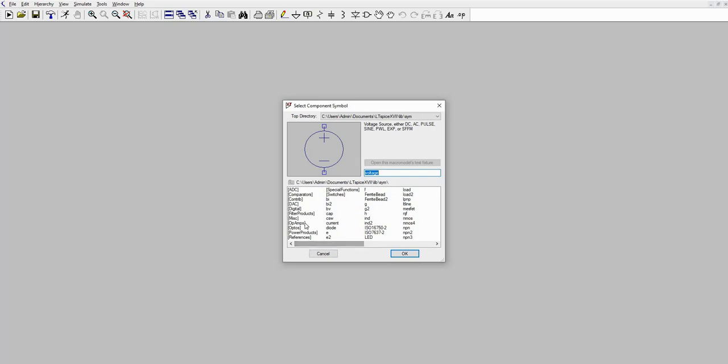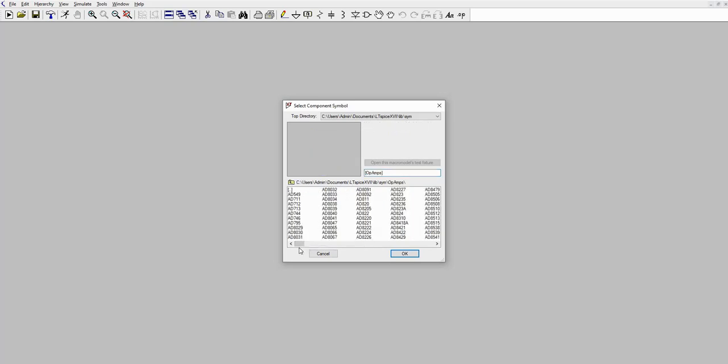You will notice that for the op-amps, if you're going to search for LM741, there's no 741 available in the list. So for you to be able to include a model for your 741, you need to download the said model and incorporate it in your circuit.